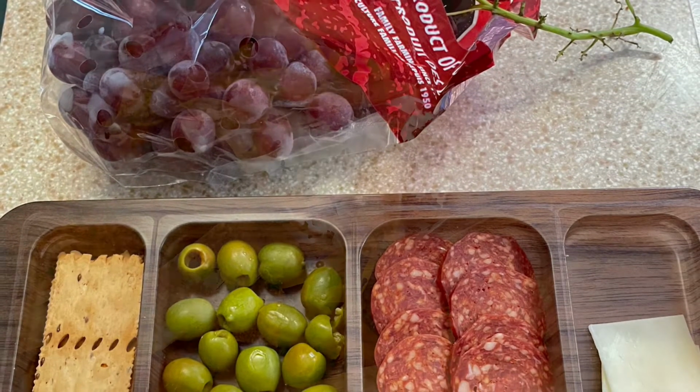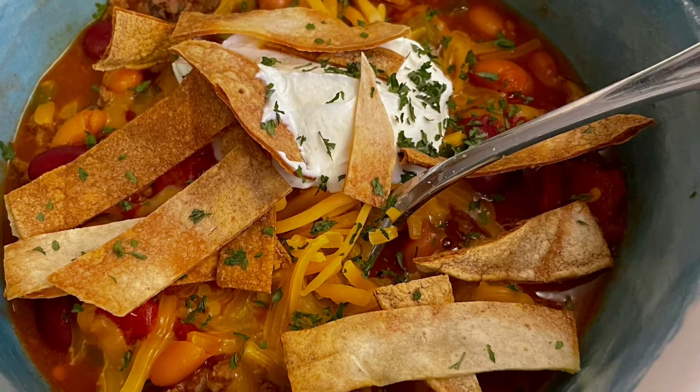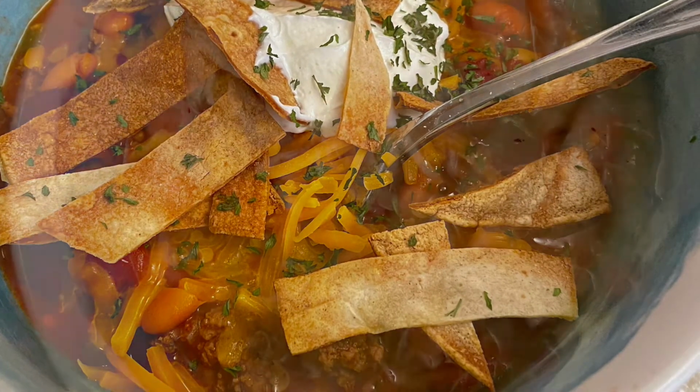This week in our What's for Dinner, we're going to have a charcuterie board, chili, and some delicious chicken and